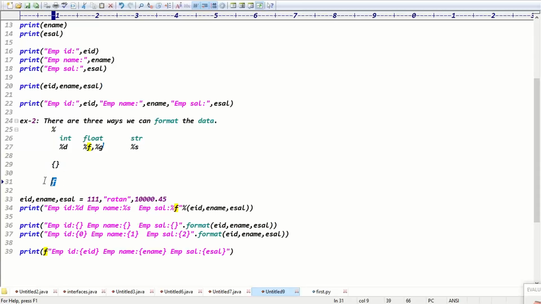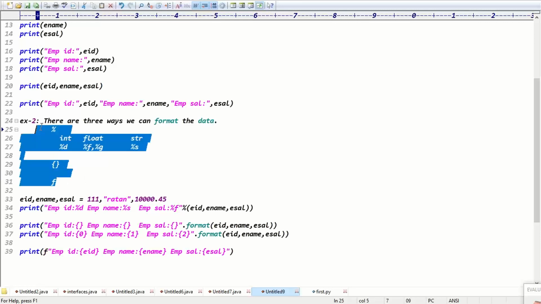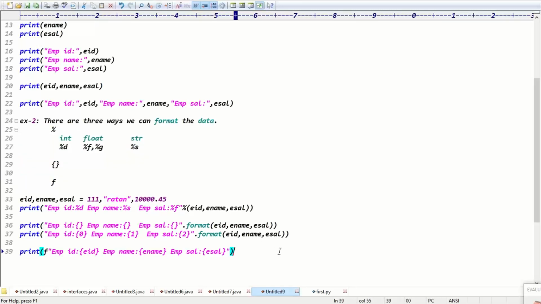Guys, which one is the better approach out of these three? Braces of F. F is better, sir.